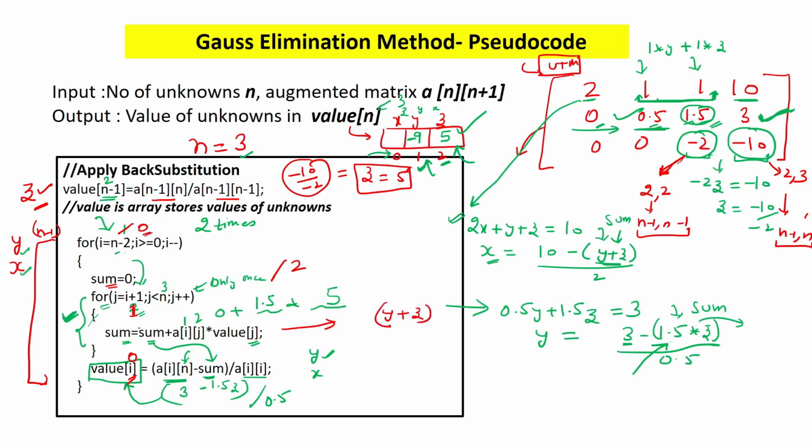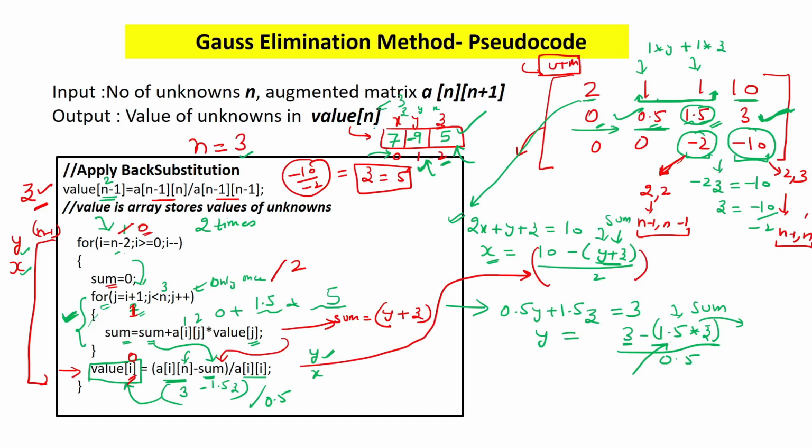So I think you can run this loop by yourself, and you will see that the sum of y plus z will come from this answer. So sum will be y plus z, and this sum will be put here, and you will see that you can find this equation or this answer from here. So whatever the answer will be coming, it will be saved at value 0. So this was coming as 7. So this 7 will be saved here. So finally, by this back substitution method, we have the values of x, y, z in this value array.